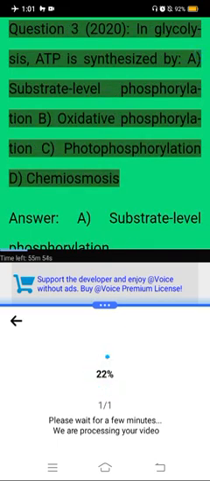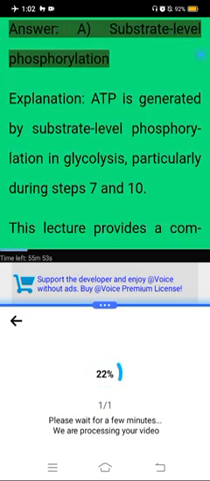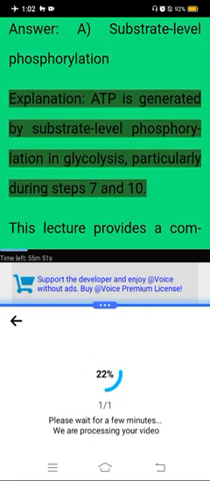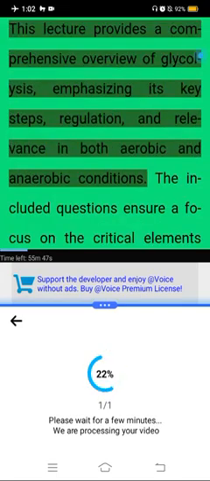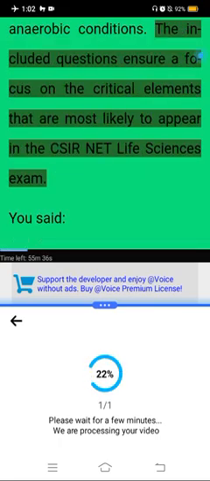Question 3, 2020. In glycolysis, ATP is synthesized by A. substrate level phosphorylation, B. oxidative phosphorylation, C. photophosphorylation, D. chemiosmosis. Answer: A. Substrate level phosphorylation. Explanation: ATP is generated by substrate level phosphorylation in glycolysis, particularly during steps 7 and 10. This lecture provides a comprehensive overview of glycolysis, emphasizing its key steps, regulation, and relevance in both aerobic and anaerobic conditions. The included questions ensure a focus on the critical elements that are most likely to appear in the CSIR